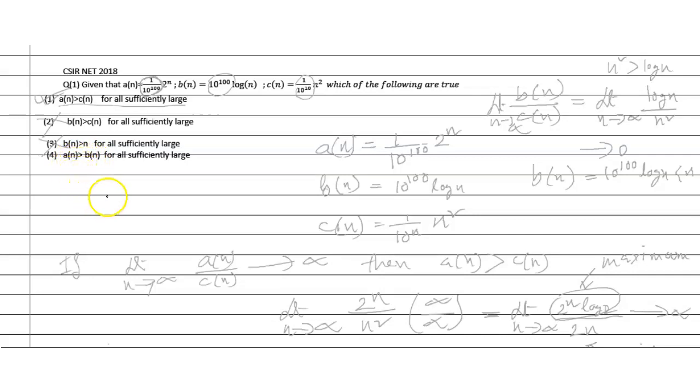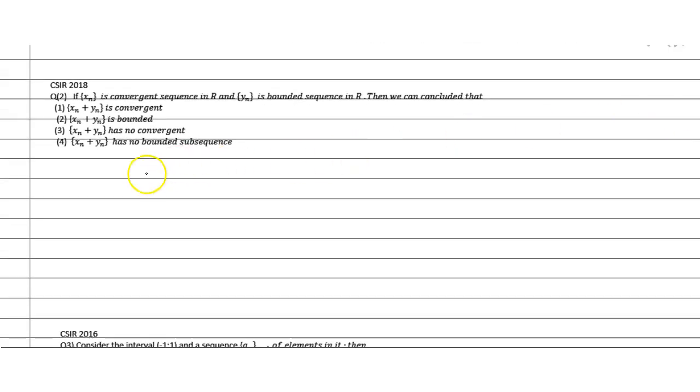So an equals 2 to the power n, and bn equals log n. So 2 to the power n is greater than log n. So an greater than bn for sufficiently large n, this is correct. This is correct, friends. Now we are